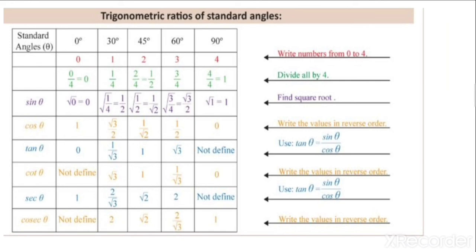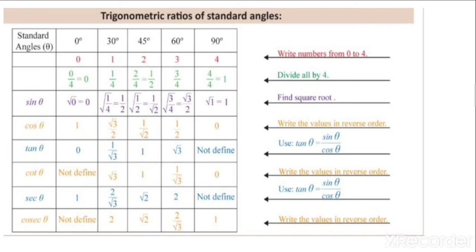Now for the sine value, you have done the rough part. Now for the sine value, what you will do, you will take the square root value of those numbers. So for sine 0, what in the 0 I am having? 0. So you will take the square root of 0. So square root of 0 is 0. For sine 30, you will take the square root of 1 by 4. So 1 by 4 square root is what? 1 by 2. Similarly, sine 45 degree will be the square root of the value 1 by 2. That is equals to 1 by root 2. For sine 60, it will be root value of 3 by 4. That is root 3 by 2.